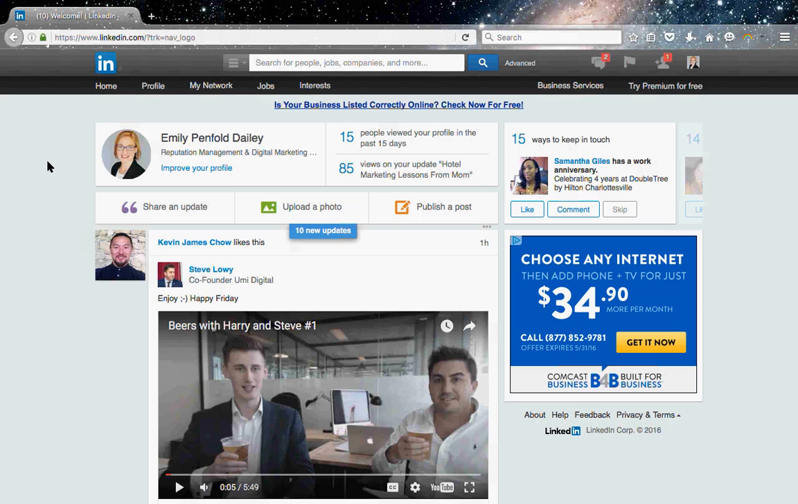And it brings you right on the top section, just like you would on Facebook. You have the option to share an update, upload a photo, or publish a post. So this is basically the same as that little share box you get on the top of Facebook. It also gives you a quick snapshot of where your profile is right now, so how many views you've had,